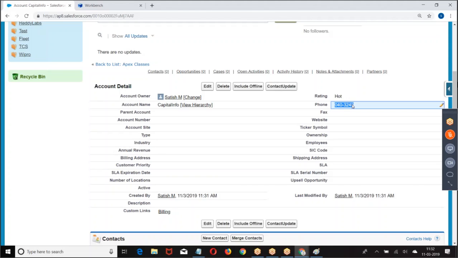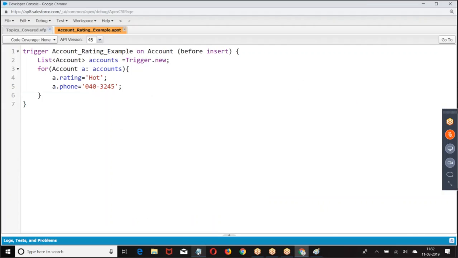I hope you are good with this. People have followed this example. Clear for everyone? Okay. Let us go to the next one. Look at the code. Everyone is good with this? Okay. Now,